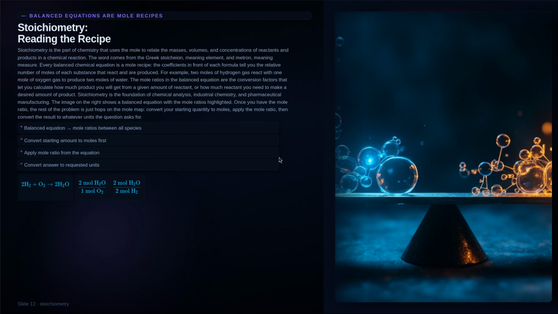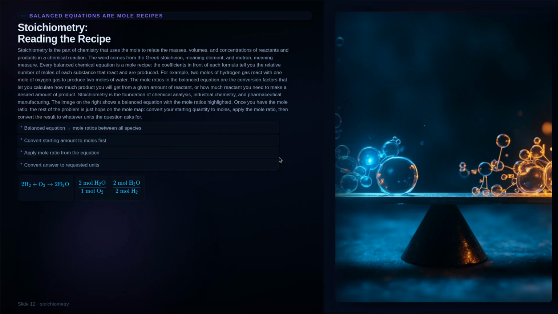Stoichiometry is the mathematics of chemical reactions, and the mole is its fundamental currency. A balanced chemical equation tells you the relative number of moles of every reactant and product. For example, 2 moles of hydrogen gas react with 1 mole of oxygen gas to give 2 moles of water. Once you know the moles of one substance in a reaction, you can find the moles of any other by using the coefficients of the balanced equation as